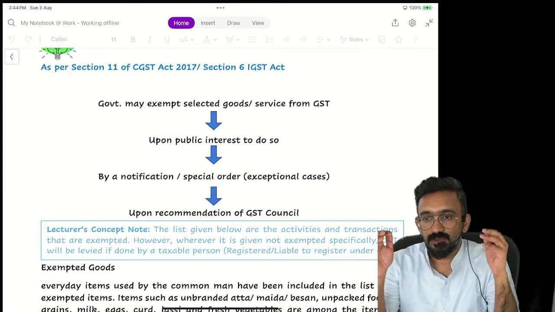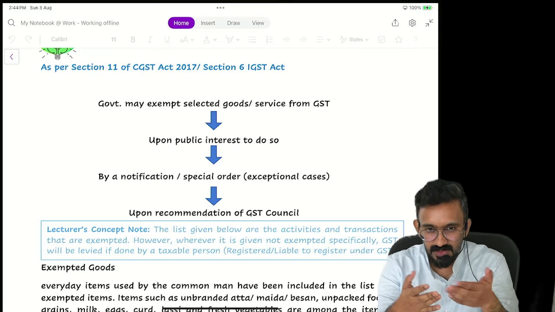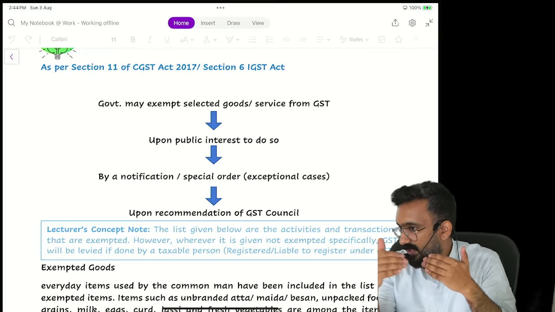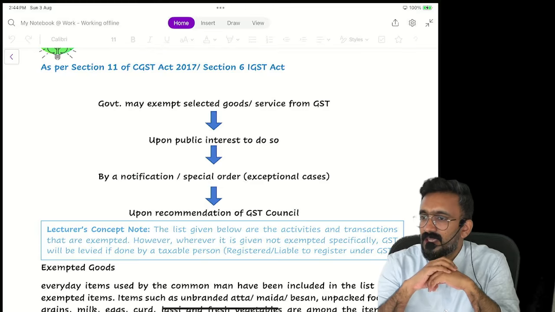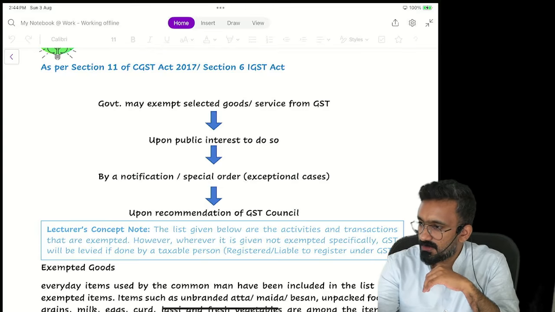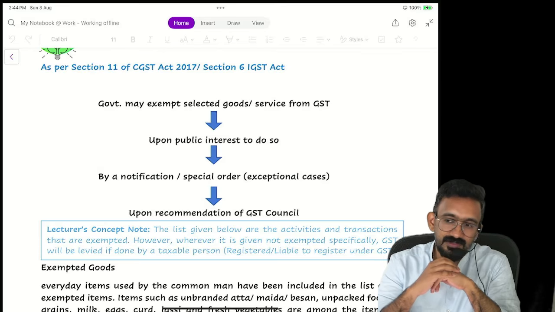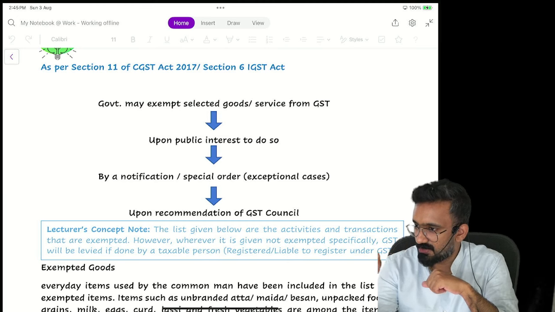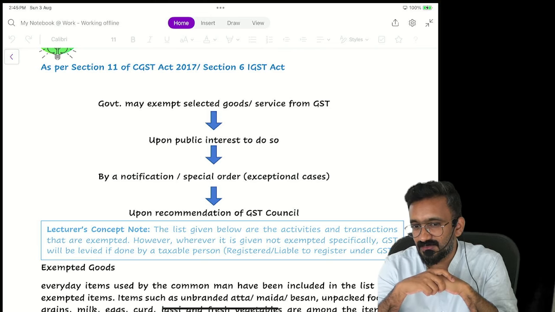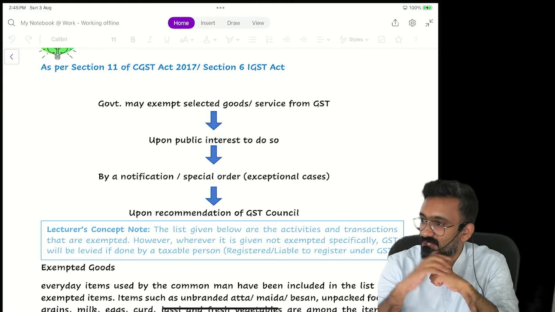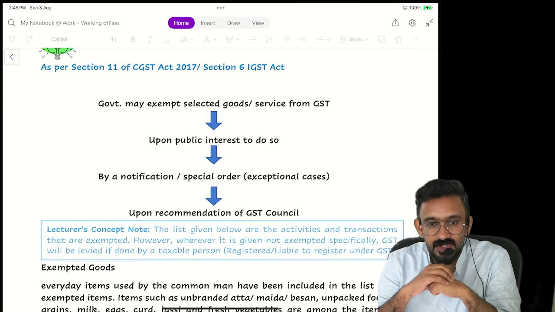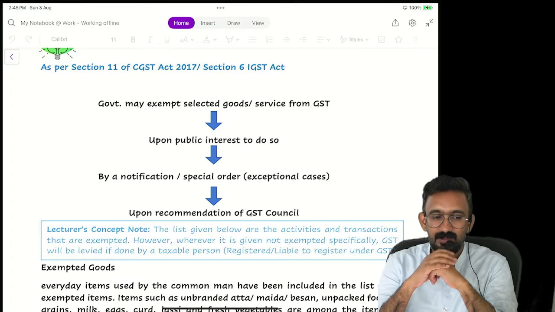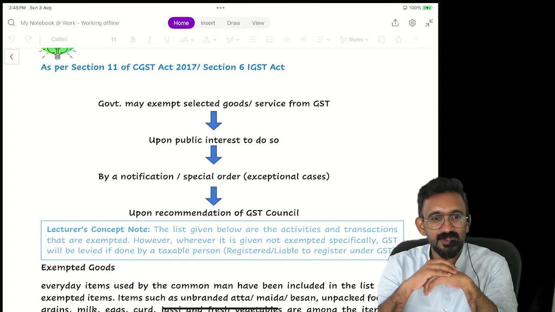Negative list is Schedule 3. The thought is correct, but I'm going to give you a little more understanding. Negative list is in Schedule 3, which precisely means that if an item is in the negative list, it is not a supply, not subject to GST. If I want to bring back GST on this item, what should I do? I have to amend the section. Schedule 3 is part of the section. Where can I go to amend the section? Parliament only. Easy process, tough process?